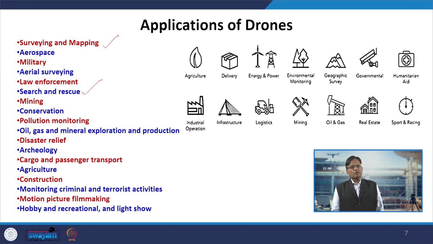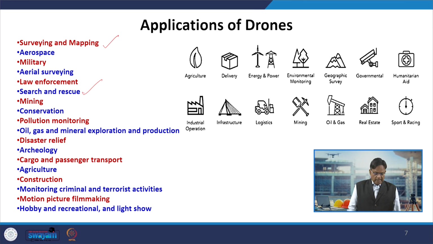Whenever there is a disaster anywhere in the world, drones are very useful in search and rescue activities. Then it is used in mining, conservation, pollution monitoring, oil, gas and mineral exploration, disaster relief,